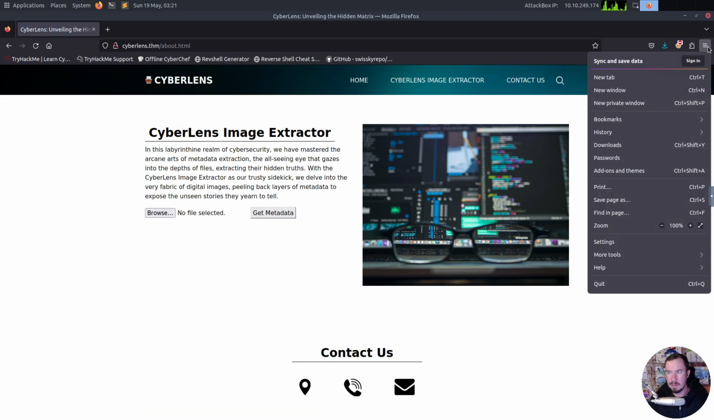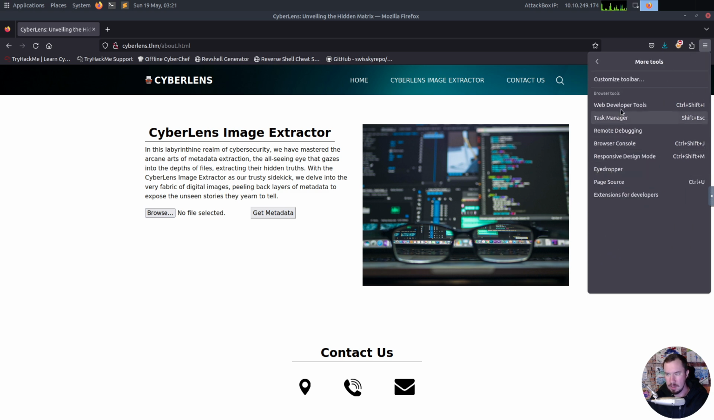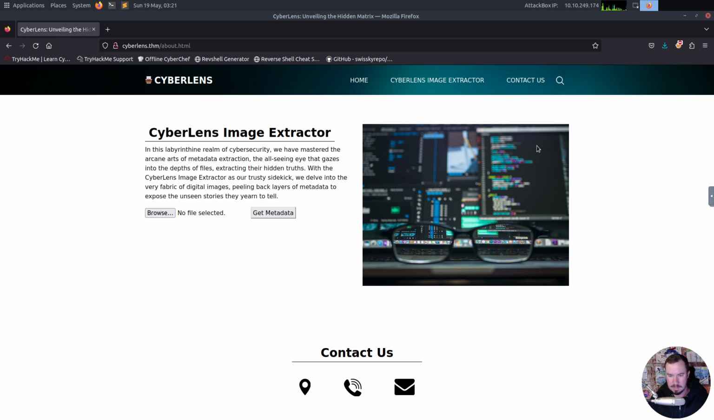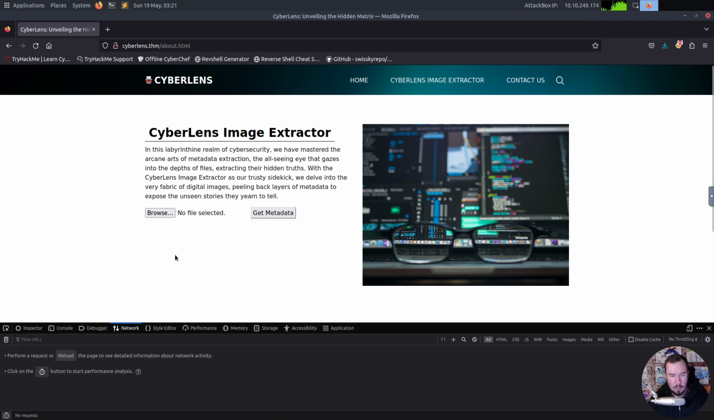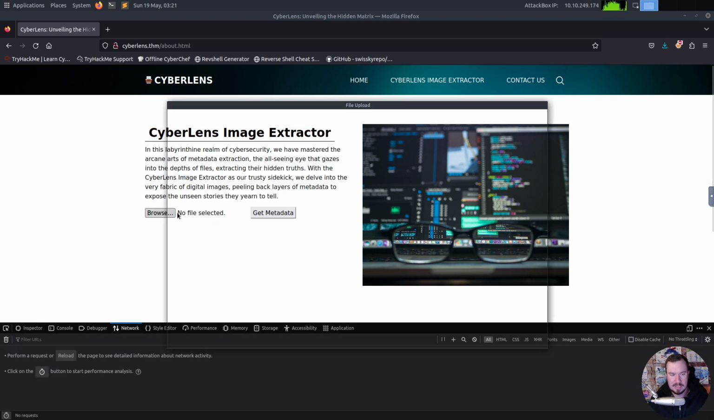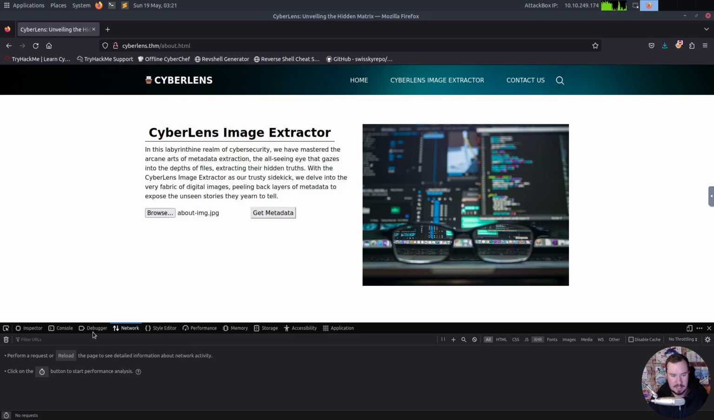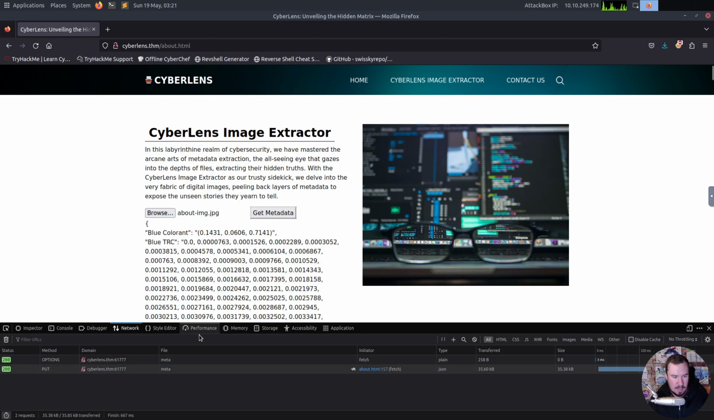You could do this with Burp Suite, but if you don't want to open up Burp Suite, we can just go to More Tools. We can go to Web Developer Tools. And if we go over to network, we can see what network call is happening when we get this metadata. So let's do this again, but let's monitor it down here. We'll do Get Metadata. And we can see what should stand out to us. It's making an options and then a put request to some service running on port